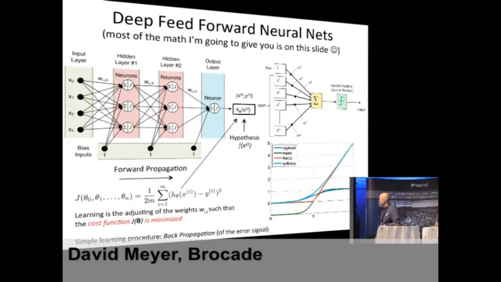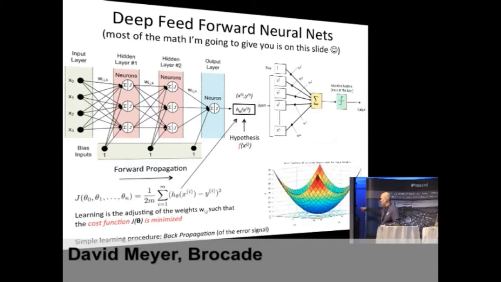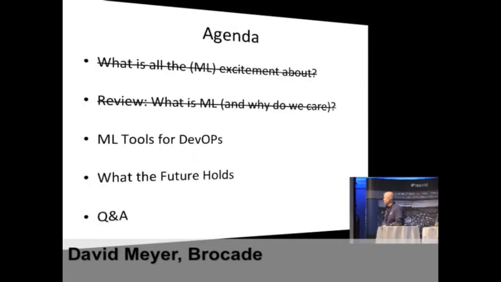This is a picture of the error surface. And the reason that's interesting is because you want it to be convex, because you're going to try to find the minimum error. And if it's convex like that, you can just follow down what's called a gradient, which is a fancy name for the derivative of a vector, to the bottom of that. So if it's convex, you can do that. If it's non-convex, you can get lost. That makes it harder. The unfortunate thing is that all the interesting error functions are non-convex. So that's a whirlwind tour through that.